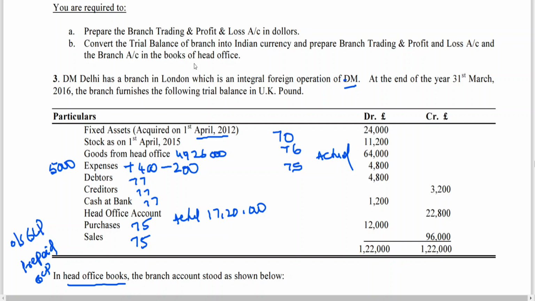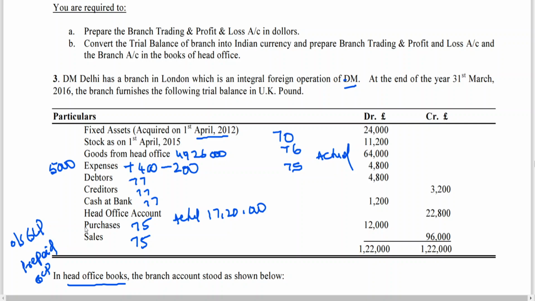That will be taken actual. That we will be incorporating only. But this problem is only asking you to incorporate. Whether depreciation is incorporated in the trial balance or not, the conversion rate will be the same. So for outstanding expenses and prepaid expenses, we shall be taking the closing rate.